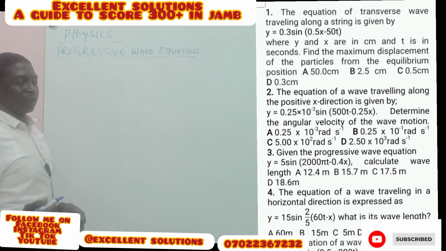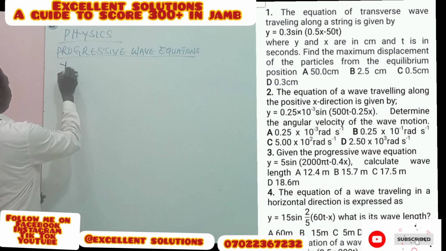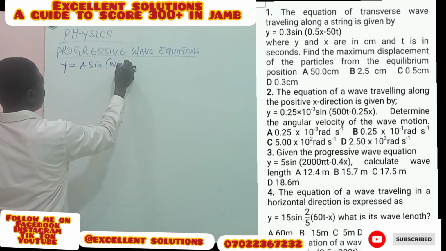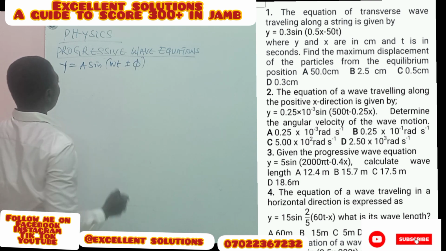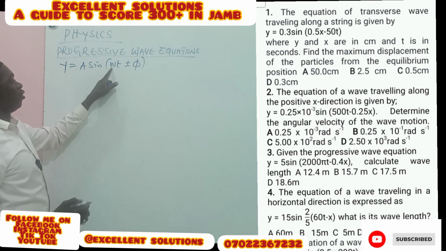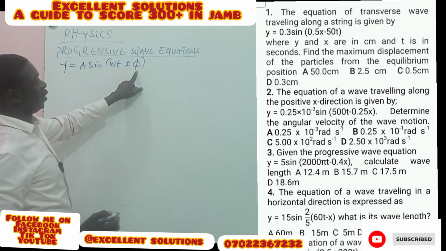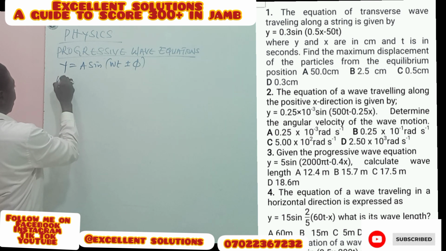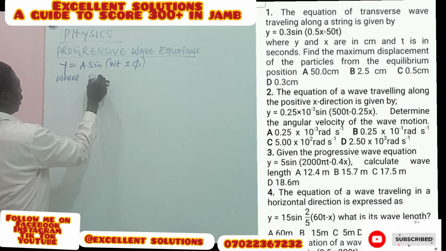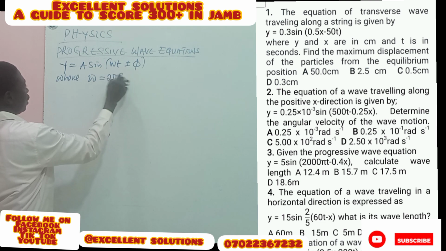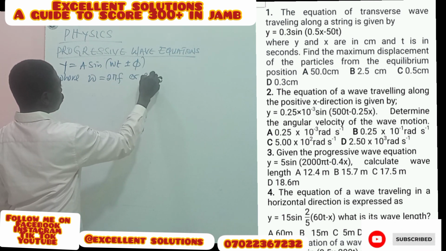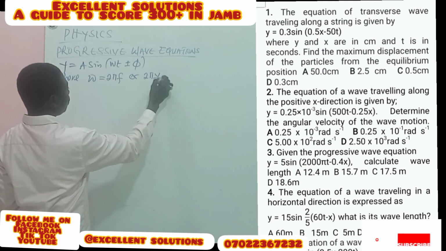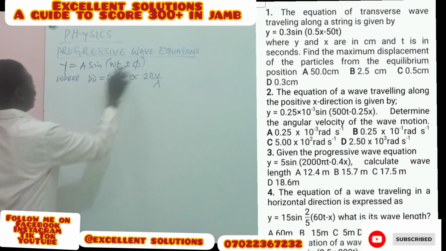So a progressive wave equation is an equation that is given by y is equal to a sine omega t plus or minus phi, where this a is the amplitude, omega is the angular velocity, and phi is the phase angle. So this omega is equal to 2 pi f. This frequency f of a wave is given by v upon lambda, and the phase angle phi,